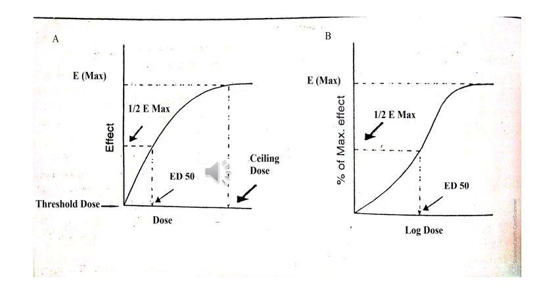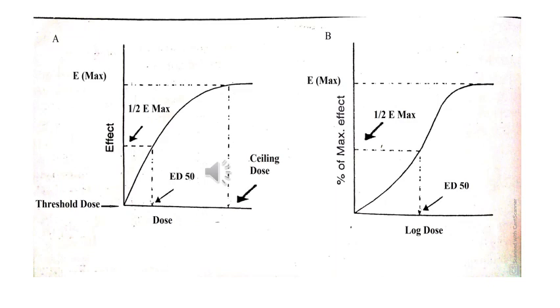Now the third one is the maximal response, or Emax, that is written in both figures A and B. Emax, it is the maximal response. Now what is this maximal response? It is the response produced by a drug, obviously under a specific set of conditions, and it is the capability to produce the maximum response, and it indicates the maximal efficacy. So this is basically a characteristic of a drug, that how much maximum response that drug is going to produce.